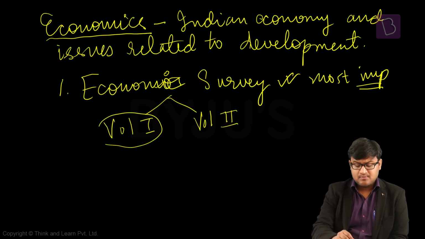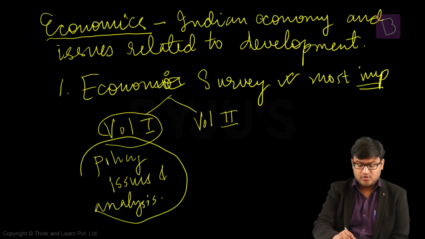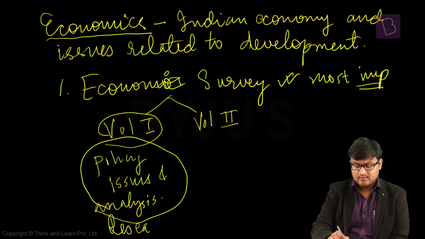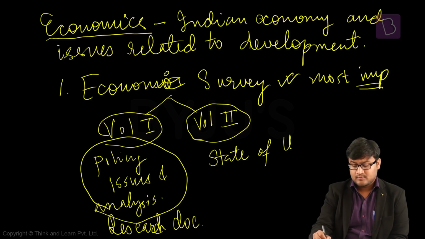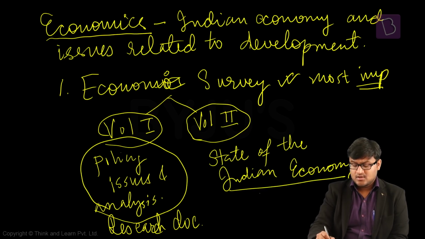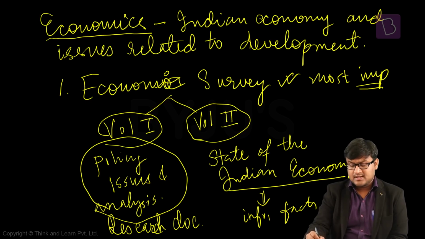Volume 1 covers policy issues and analysis. So this is more of a research kind of document. Whereas volume 2 presents the state of Indian economy. In this, you will find loads of information, facts, and data. You may not want to remember everything that is there, but try to remember important data